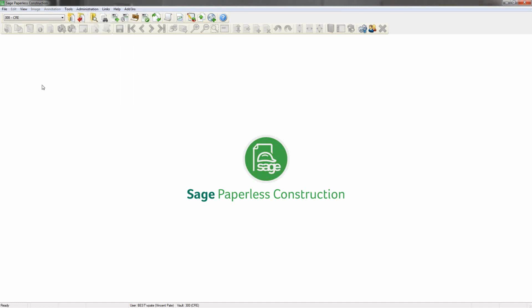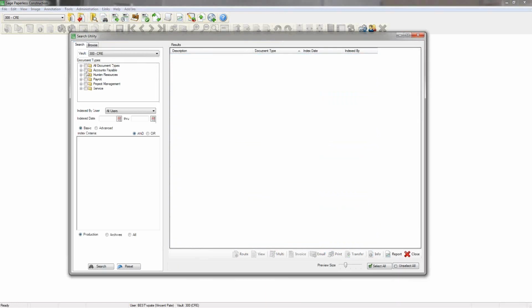document type basis, meaning we can, per document type, set up which users have access to what. So if I do a search here and pull up on my screen a document type in Human Resources for I-9, payroll stubs, W-4, we can set it up so that only certain people can have access to these document types. Same thing could be for accounts payable. Perhaps the AP processors don't need to have access to AP checks, so they wouldn't even see this as an option on there. We can set up security in that type of manner, as well as even on the field